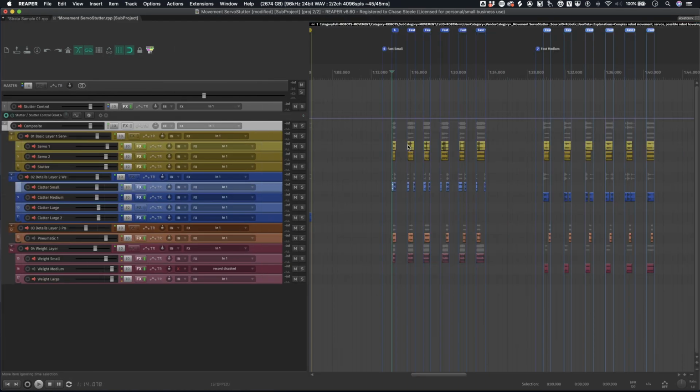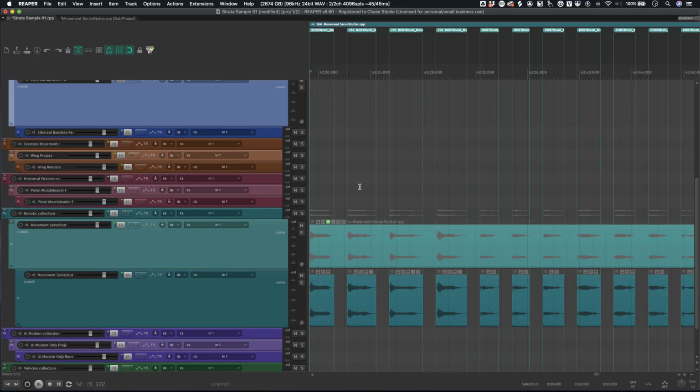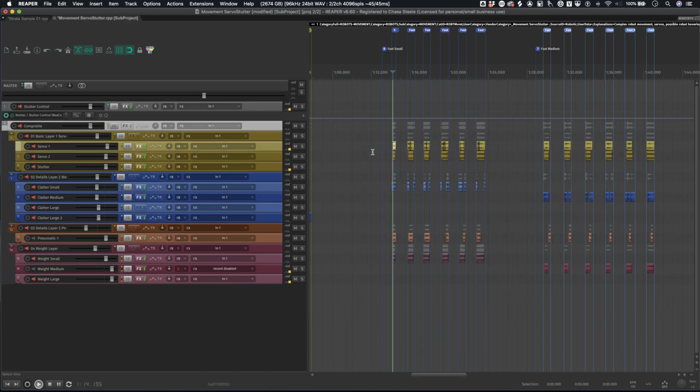Let's take a more in-depth look at the tracks and the organization of the subprojects here. These subprojects contain all of the source material for the final designed assets that you have in your previews over here. So if I come in here, I should be able to find that.